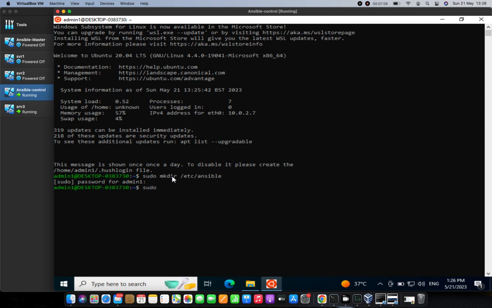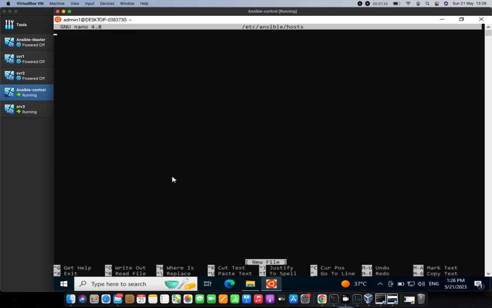Now let's create a host file or inventory file so that Ansible is aware what are the managed systems, which systems it has to manage, right? Okay,